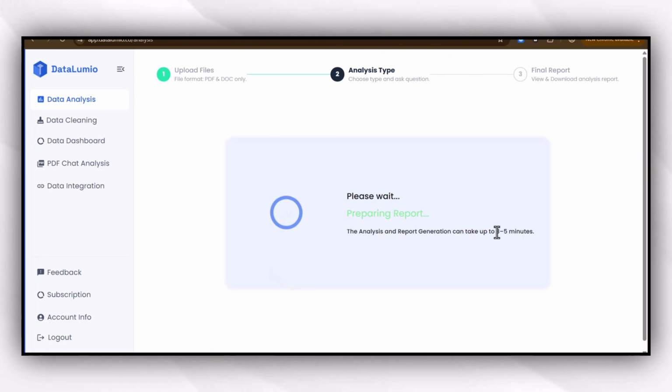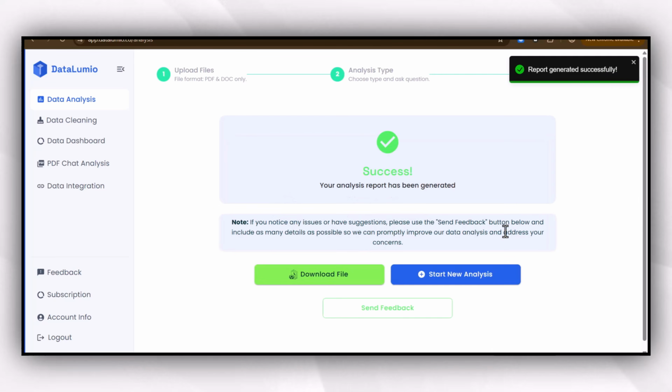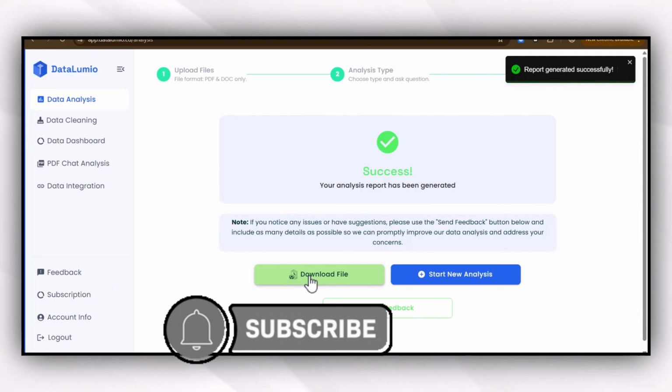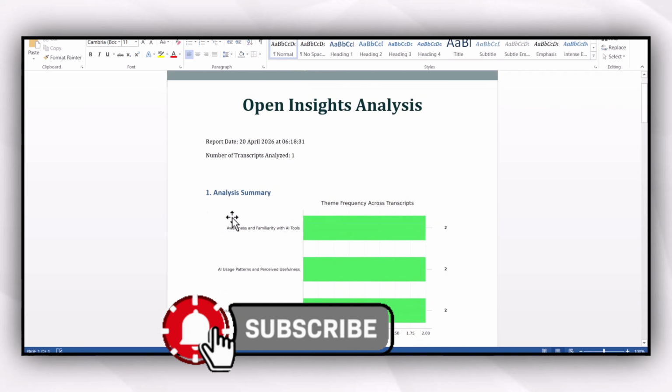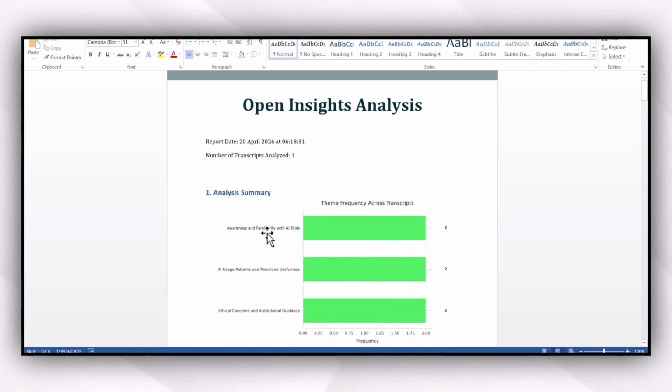And you can use even Gen AI for that purpose to expand the section which you want. You will get the results in 3 to 5 minutes, and that will help you to overcome your writing block, and you will know how you have to proceed with the data analysis. So I have to download the file, and here you can see this is the analysis summary, awareness and families